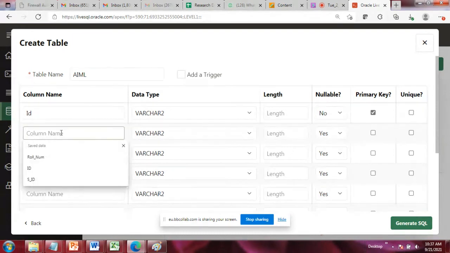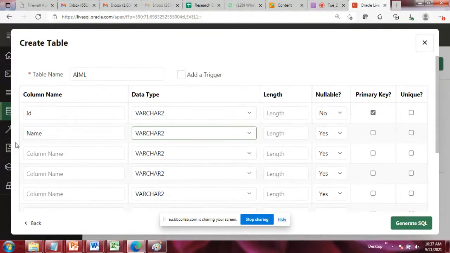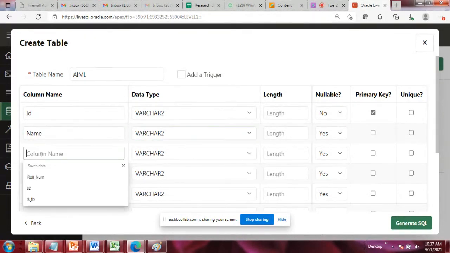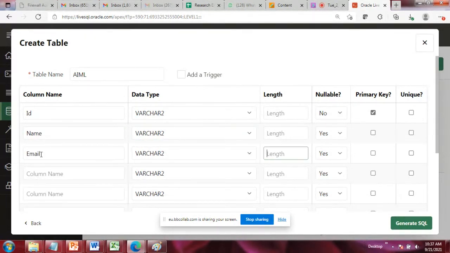Second, your name. Again, name should be varchar. Name can have repeated values. Email, your email, then your phone number, or suppose your address, then your contact.